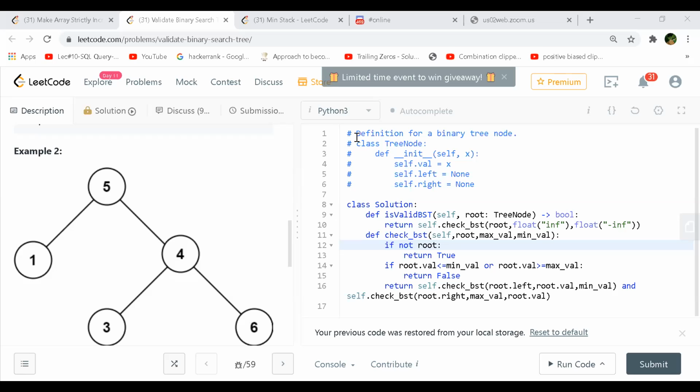Yeah, that is the main case, on lines 14 and 15. Or else, if it's not violated, then you have to return true. An empty tree is always a valid BST, because nothing is there, so we don't need to compare anything. Okay, so you are doing that in a different function, check BST. Initially you check if the root is null or not, or else you go and do the left.